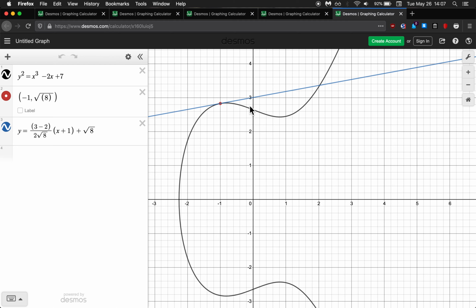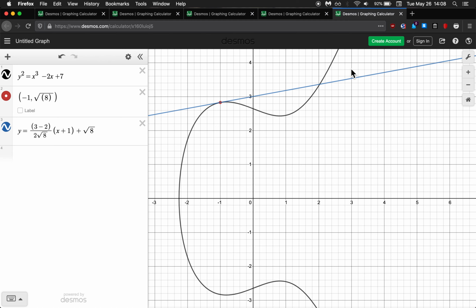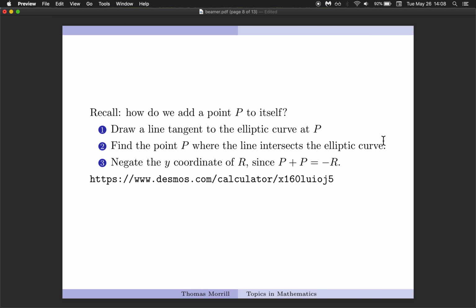So incidentally, this is the reason why we exclude elliptic curves with that self-intersection, because the self-intersection point is not going to have a tangent line that we can use. It'll have 2 tangent lines, and then that just makes everything horrible to work with. But we can throw those out because those are the elliptic curves whose discriminant is 0. So very easy to test for those and just exclude them. So right, before I get too far down that tangent, as it were,